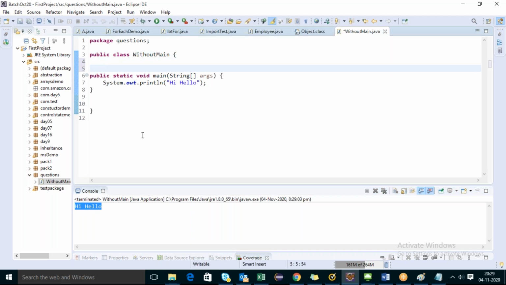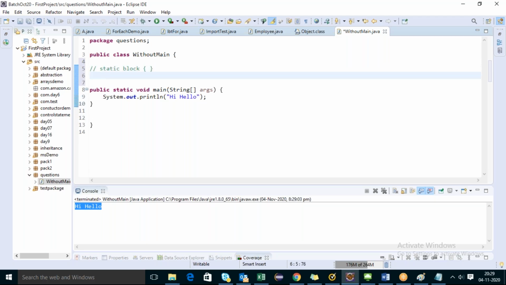Now observe here. Earlier, before 1.6, you could execute code without the main method, taking the help of the static block. So what does a block mean? If you take a group of parentheses like this, you can consider it a block. This block we are using for methods, constructors. Yes or no? And here, if you want, you can write code